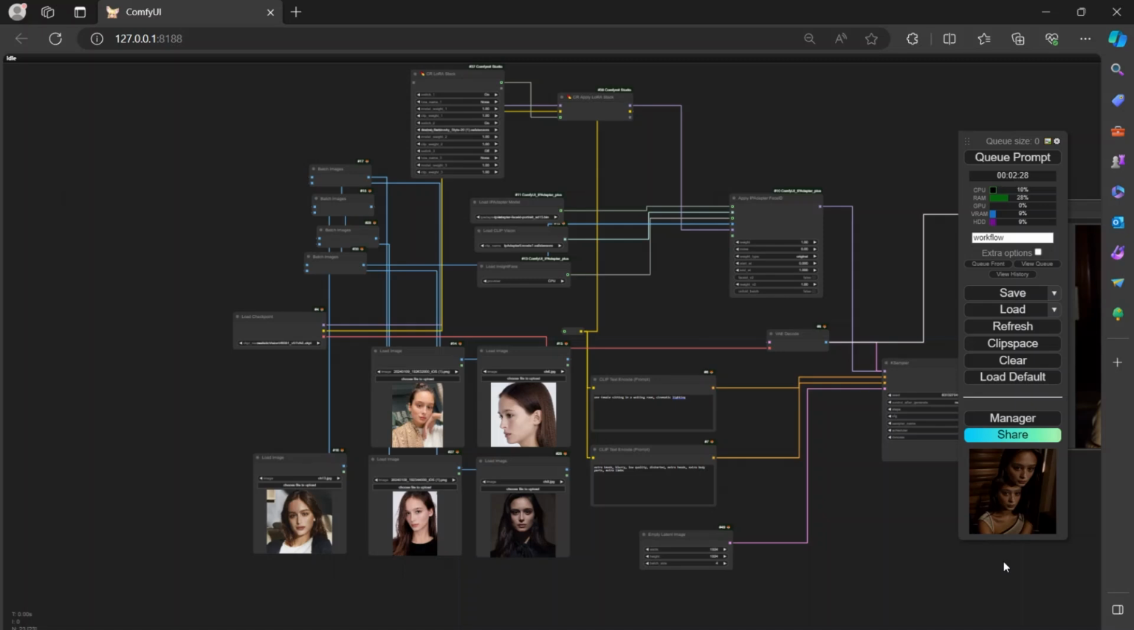Today I'm going to show you one of the workflows that I created. I call it an instant Lora for a person. Now if you followed my other videos, a Lora is basically